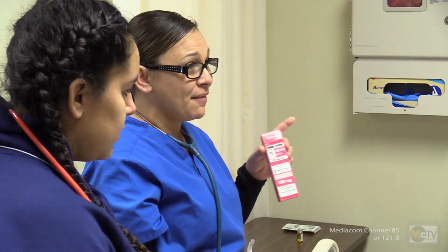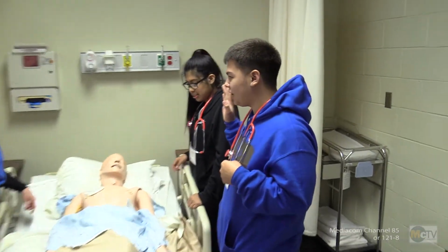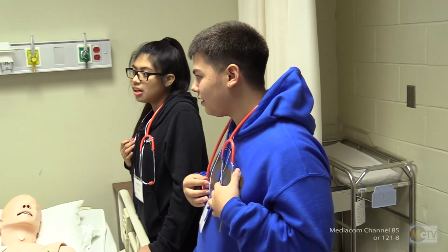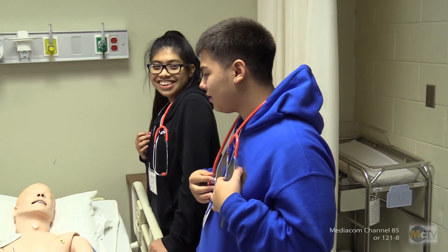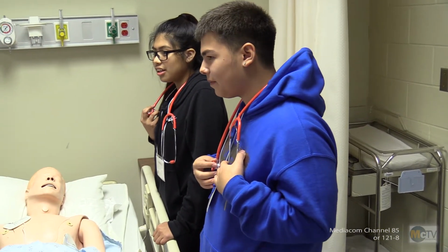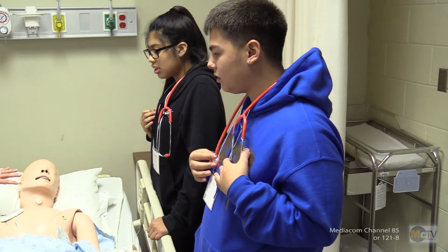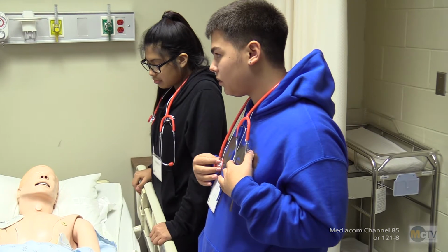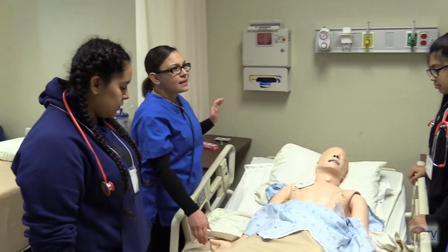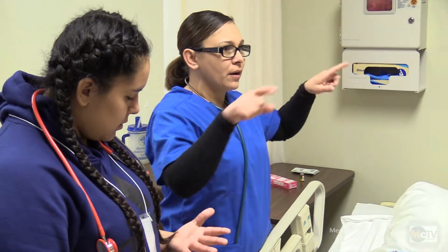But you can imagine how much it's gonna hurt when you wake up from having a heart attack and being shocked. Why do we let go when shocked? You wanna stand clear because you don't wanna absorb any of that shock that's coming off this machine. We want all that shock to go to our patient having a heart attack. Wait, so even if you're touching a person, that could still go to you? No, I mean if you're near the pads, then it could possibly shock you, but if you're touching his hand, you're fine, but you want to be back and you want to make sure everybody around you